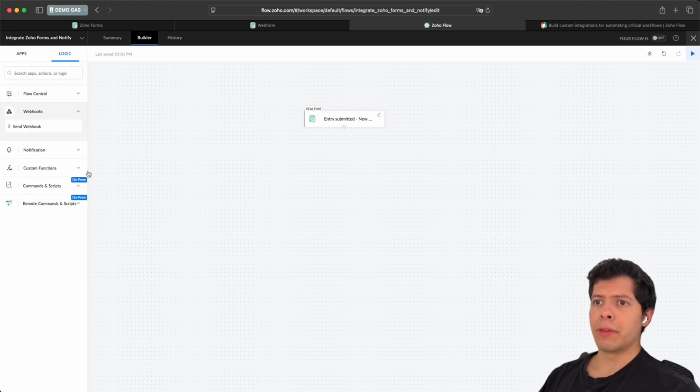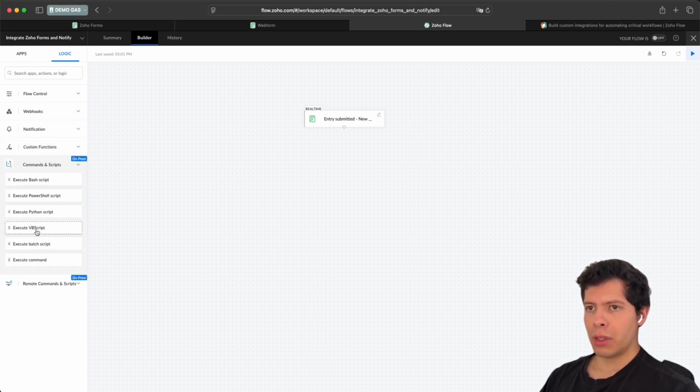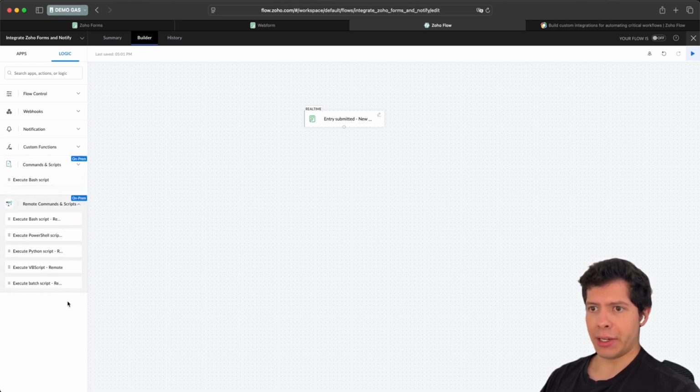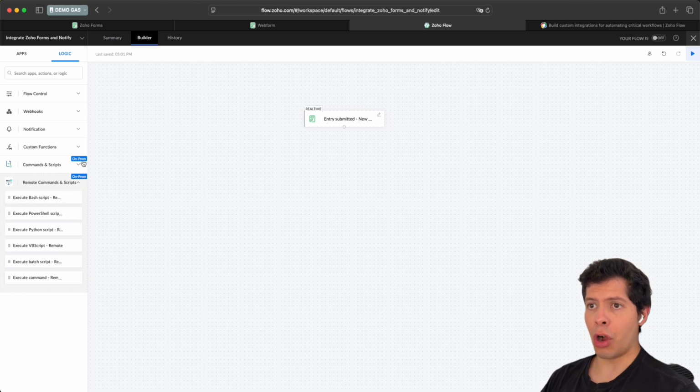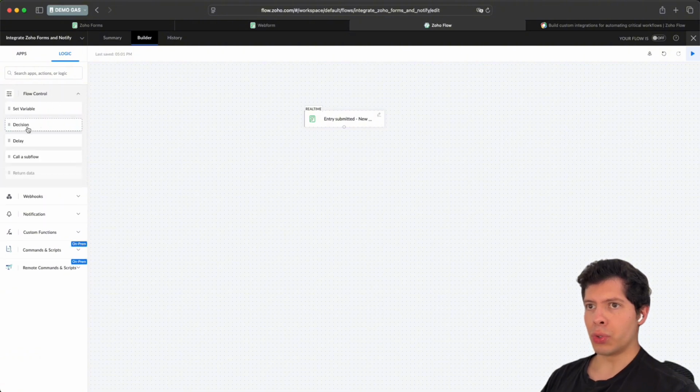We also have webhooks, notifications, custom functions. This is pretty great. You can create a function and it will execute it here every time. Some commands and different on-premise options. These are specific for on-premises. Okay, so we are going to give it here a decision